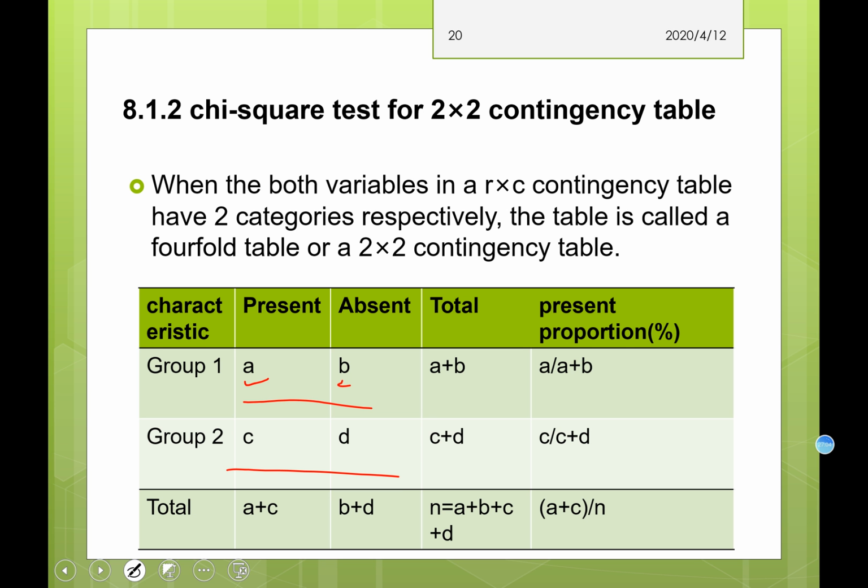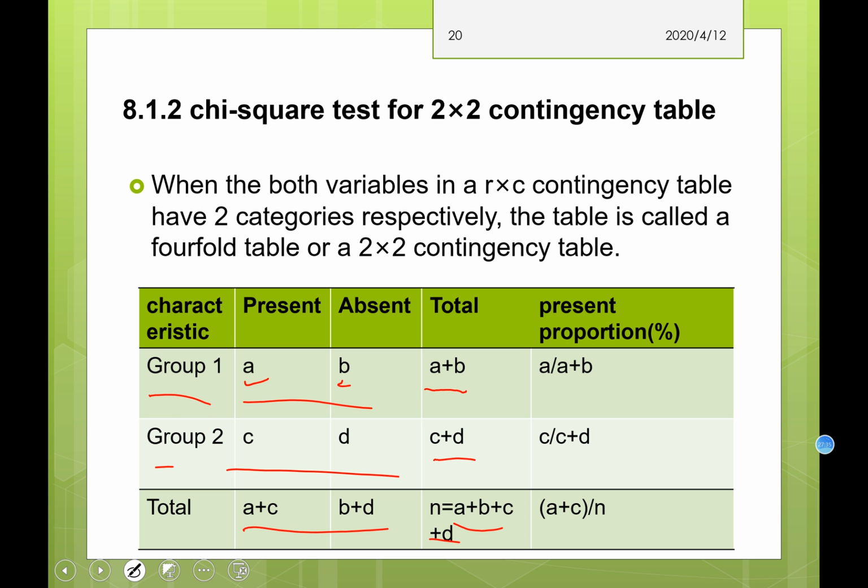So here the 2 row totals are A plus B and C plus D respectively, and the column totals are A plus C and B plus D respectively, and the overall total is A plus B plus C plus D, and that equals little n. And here we notice that in this fourfold table,